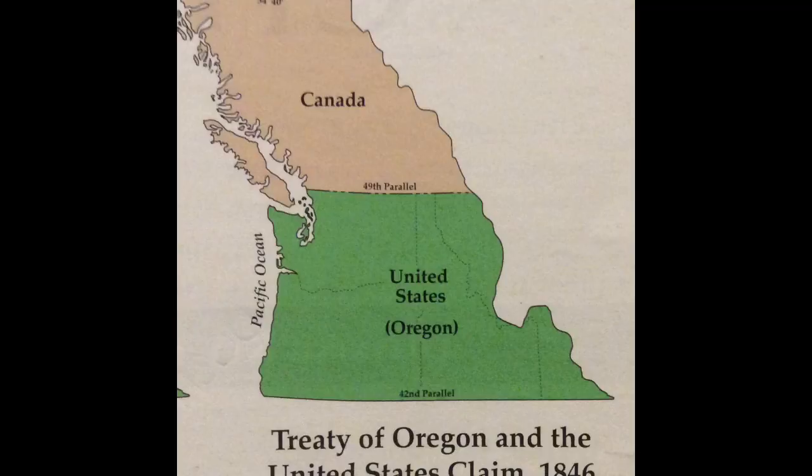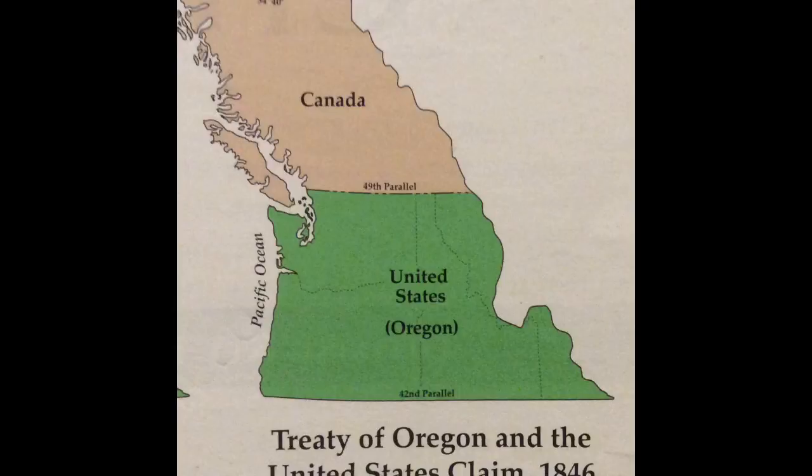So in 1846, Great Britain is less and less interested in the territory, and the United States wants to maintain its foothold to access the Pacific and to stop Spain from continuing to move up the coast. And so in 1846, Great Britain and the United States signed the Treaty of Oregon. This establishes the 49th parallel as the border with what is today Canada. And that border is our northern border today.